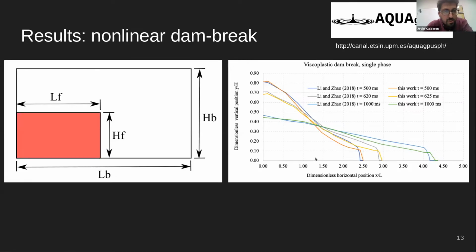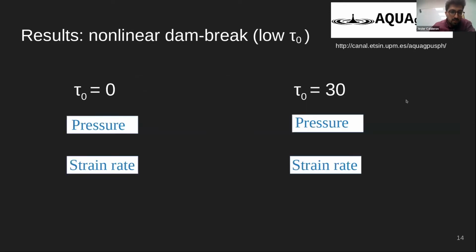So these are the results for our nonlinear dam break when compared to the experiments. And as you see, if we compare the fronts at different time steps, what we see is that we find a relatively good match between them, even though we are losing some material just in this area on top of the front. Let's see if videos work.